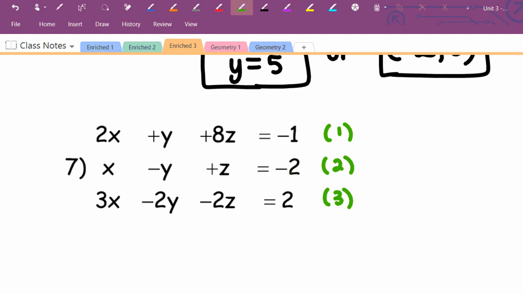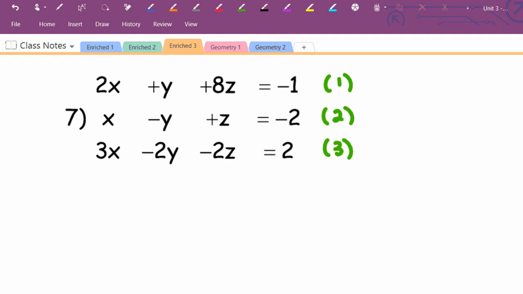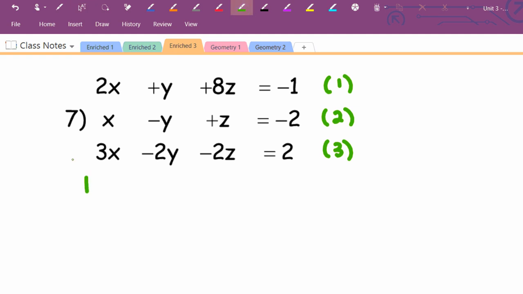Yeah, I'm going to write down in the margin that I'm using equations 1 and 2 right now. So I will write down right here, 1 and 2. Now, do 1 and 2 have opposite y's already, or do I need to make opposite y's? They've already got them, so just write out the original, 2x plus y